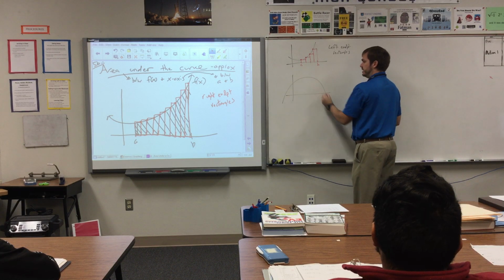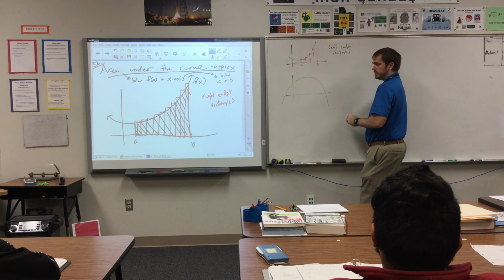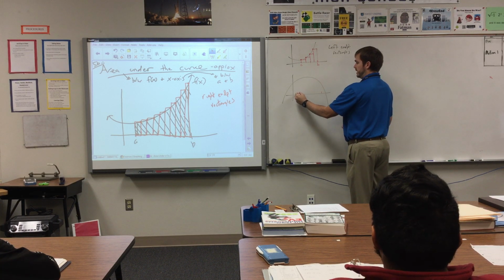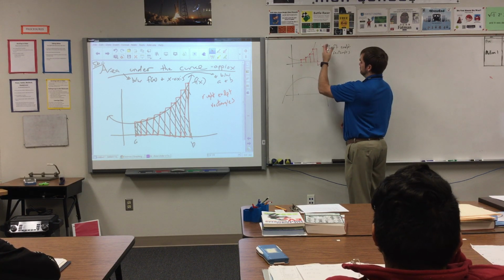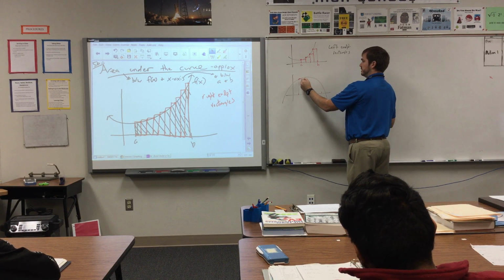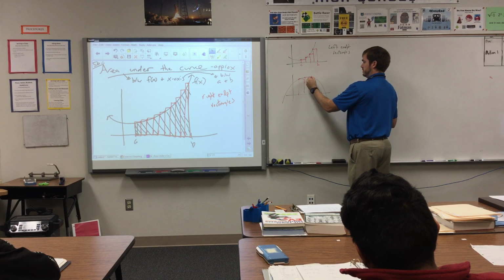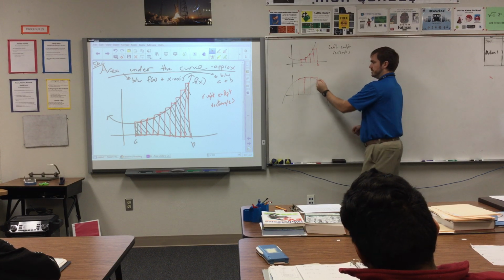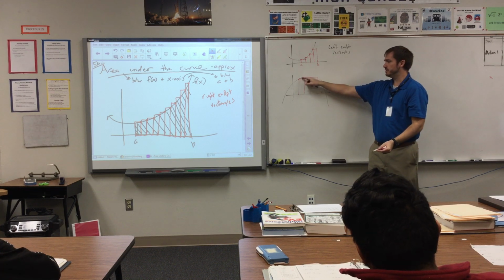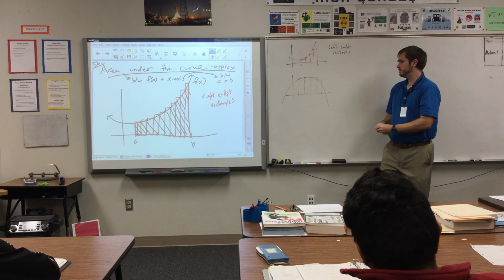if we had a function like this. You don't need to draw this one, but I'll just show you. If we had left endpoint rectangles, then here would be, you see how you start having an overestimate as it was decreasing. When it was increasing, you were under; decreasing is an overestimate. So